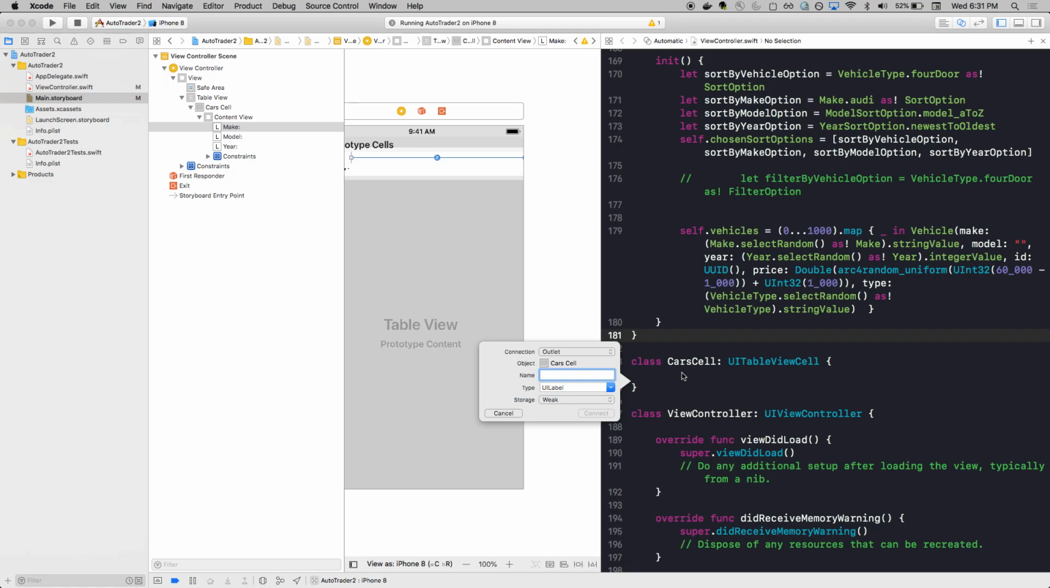So I'm creating what's known as an IB outlet, and it's saying what the object type is. It's a car cell. I'm making a connection for the make label. So I'm going to call it the make label. It is of type UILabel. So when I do a connection,